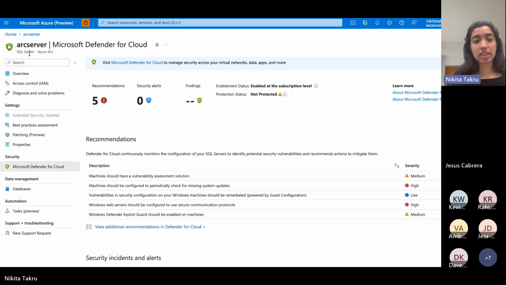If we click on it, you will notice that it's going to scan and tell me that I have 5 recommendations here, which are potential threats, and it has listed those for me and the severity as well, whether it's medium, low, or high. So you can see I have 1 low, 2 high, and 2 medium severity recommendations. One of these says I should have the machines configured to periodically check for these missing